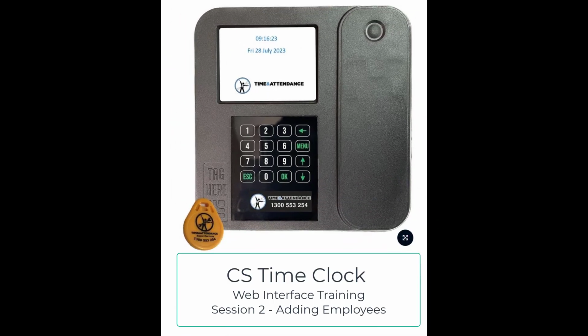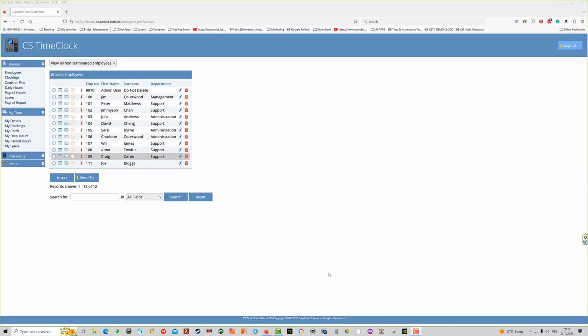Welcome to the CS Time Clock web interface, session 2, adding employees. In the last training session for the CS Time Clock, we covered the menus in the system. In this session, we'll be setting up employees, but first we'll be setting up a few system parameters to facilitate